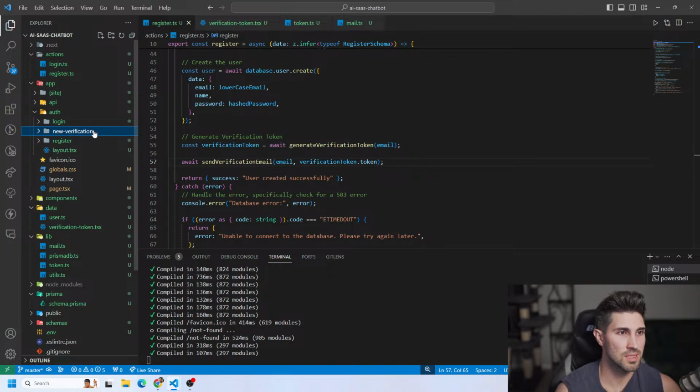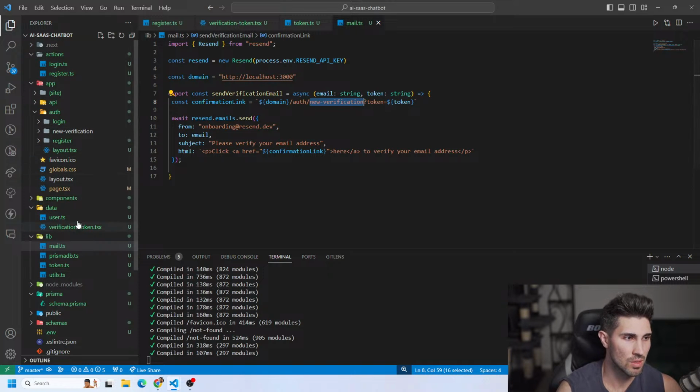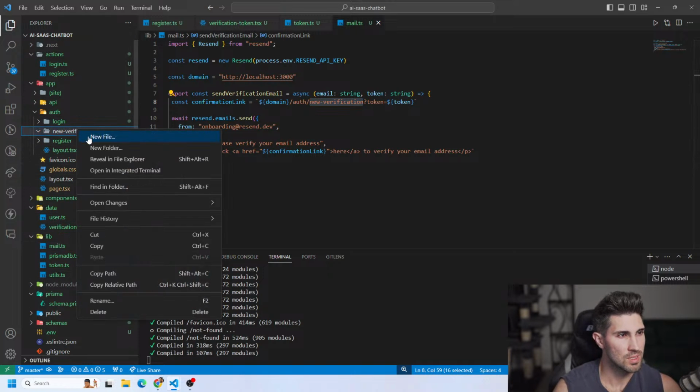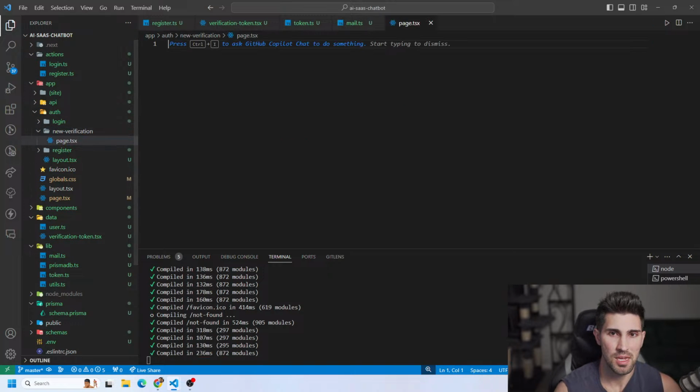And the reason why is because this is what the confirmation link is. So if you go to the mail, we created a route, which is localhost 3000/auth/new-verification. And then we just appended the token on the end with the value. So in here, we're going to create a page.tsx. And what we want to do is when they land on this new verification page, right off the bat,